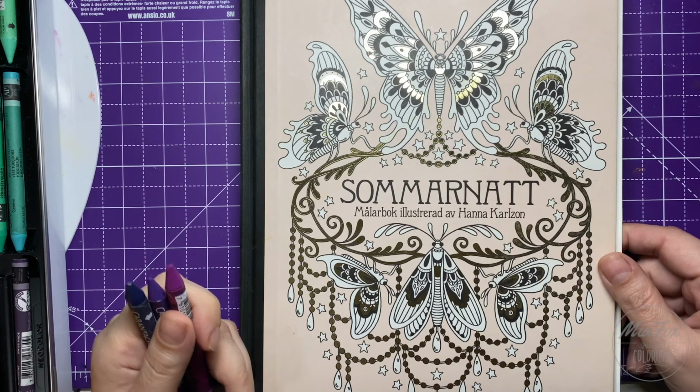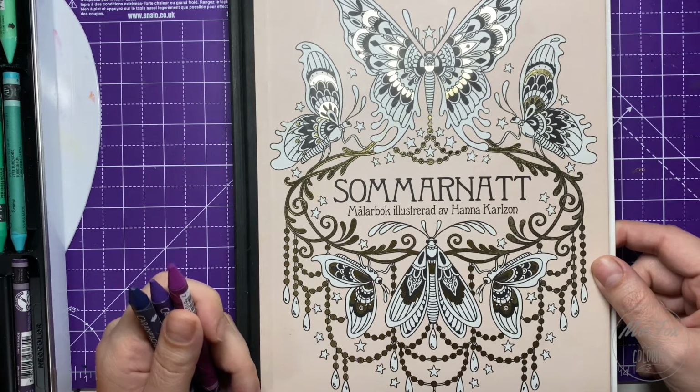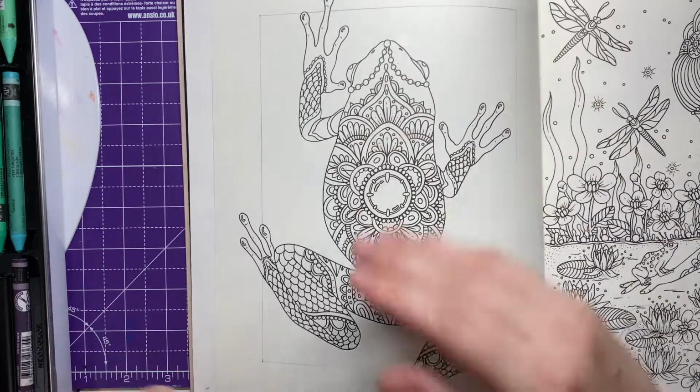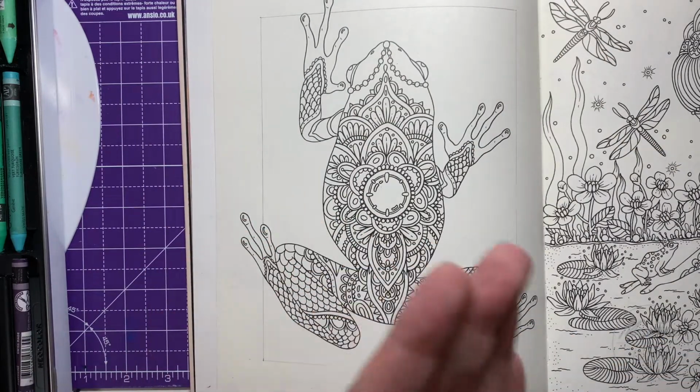Oh hi guys, today I'm here with this book Sommarnatt by Hanna Karlzon, and I picked up this picture and I will be using